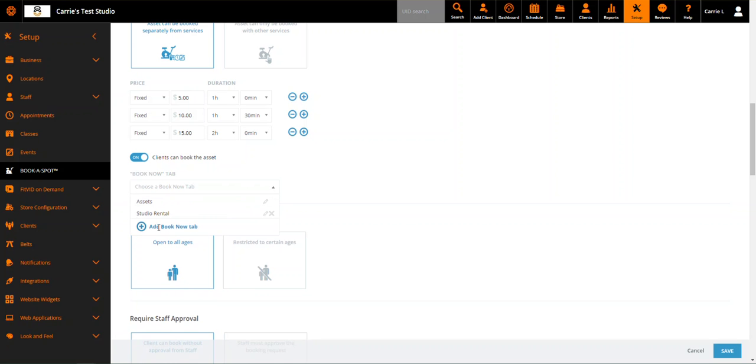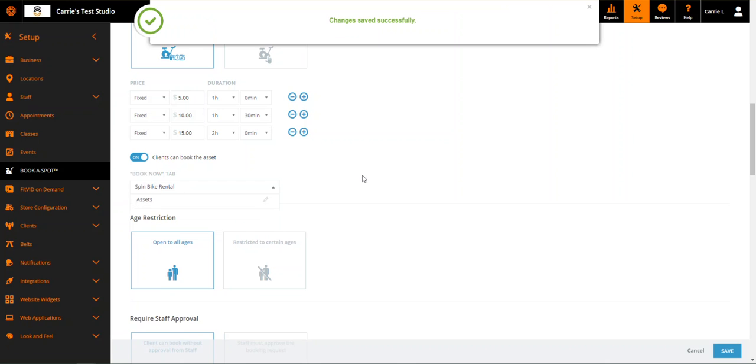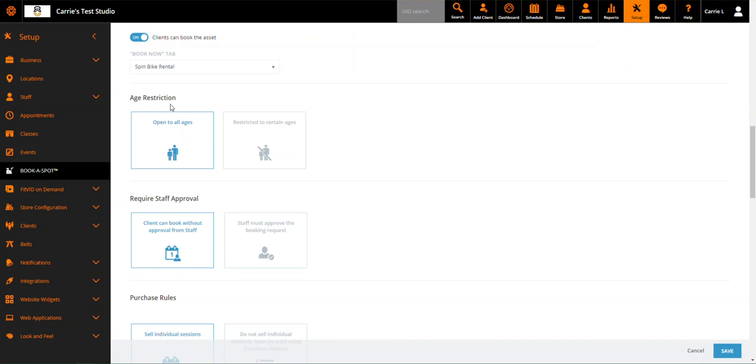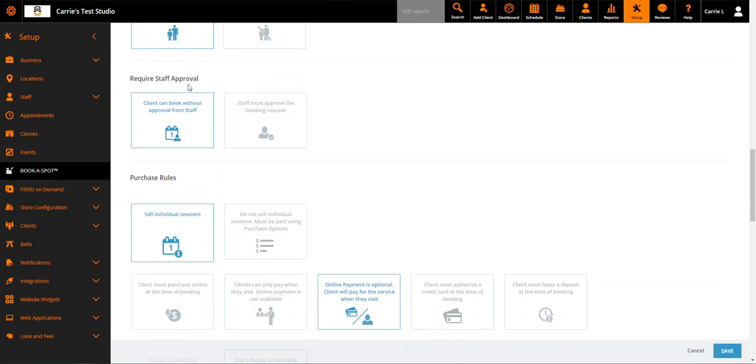Maybe I want it to be named one called Spin Bike Rental, so that they can easily find and understand what it is if they're booking this online. I can add this as a new Book Now tab for the assets, so they can easily filter this. Scrolling down, we have the age restriction if there's any for renting out these bikes, requiring staff approval, similar to